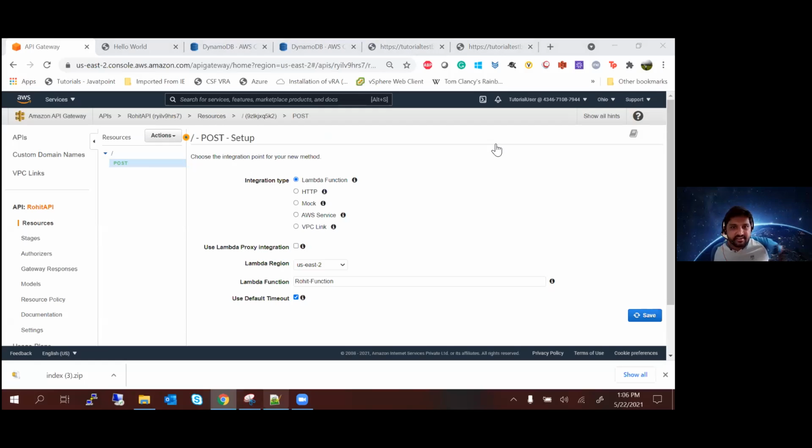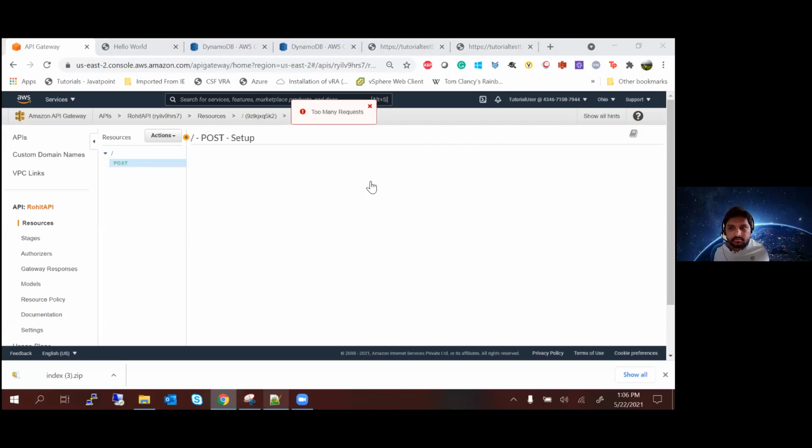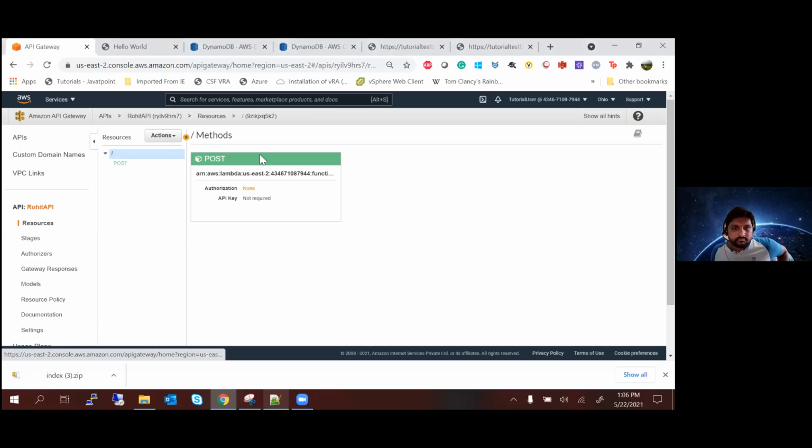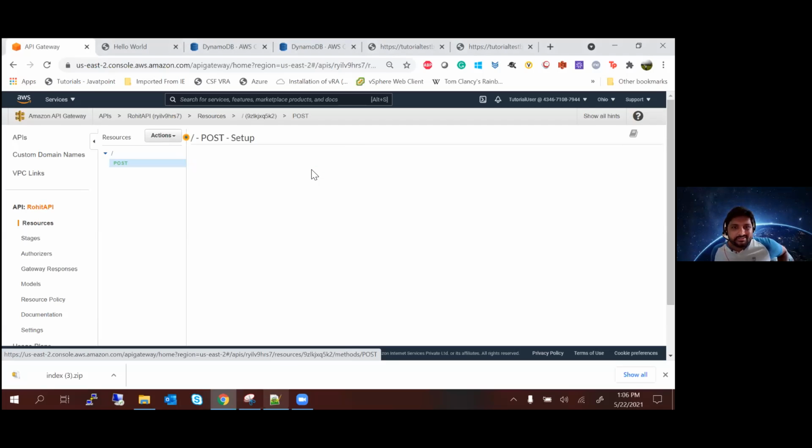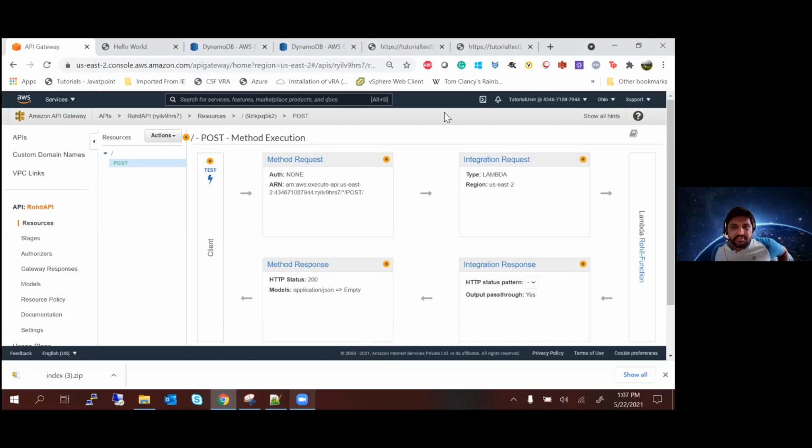We already saved your API. Just too many requests. So you should see something like this once you have saved it, right? Are you able to see the screen that I am seeing?